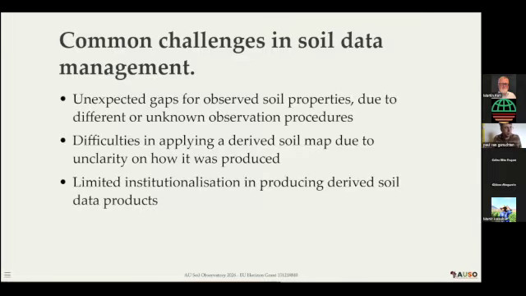And this is also one that we now and then see: producing soil maps, so predictions of soil properties, is not very commonly done in the same way in different topics and regions, which makes the maps difficult to compare between regions or times or topics. So how can you create a map in a standardized way is also a topic of interest to a USO project.